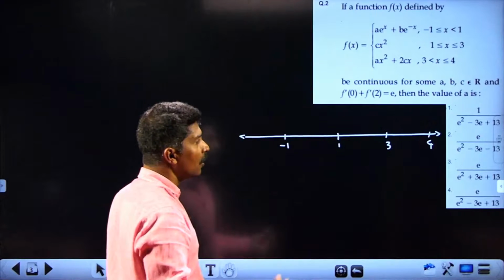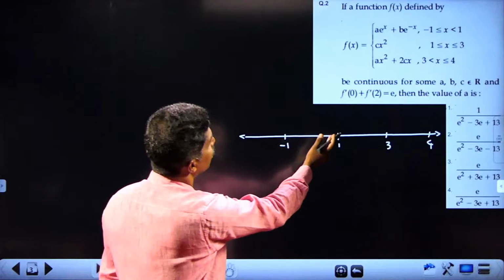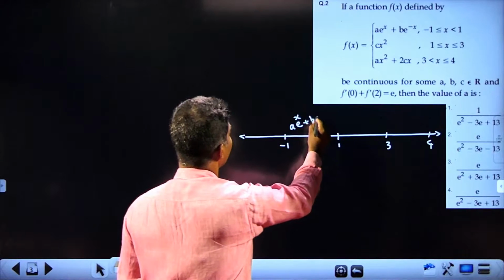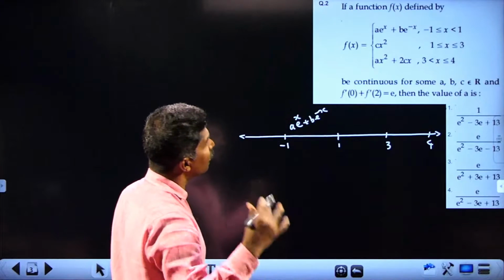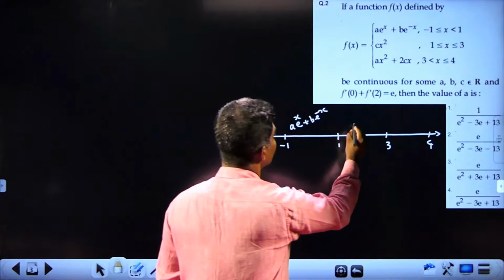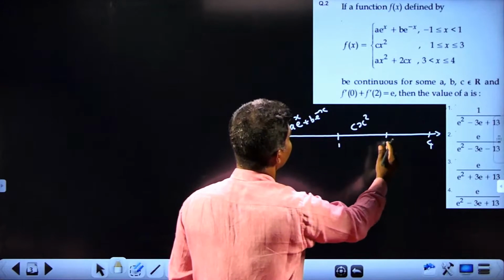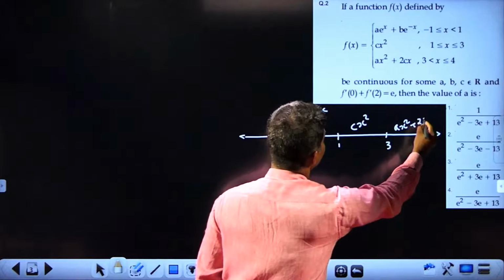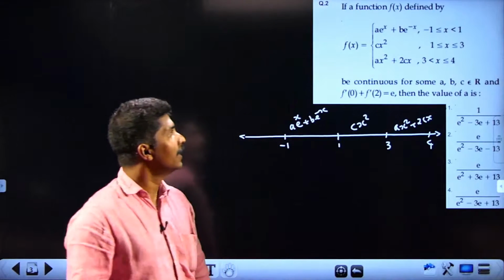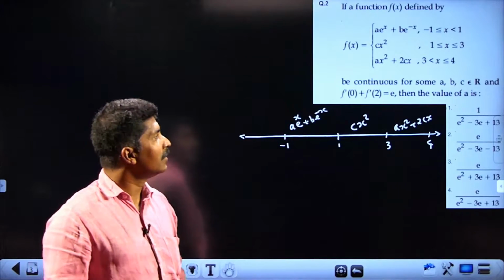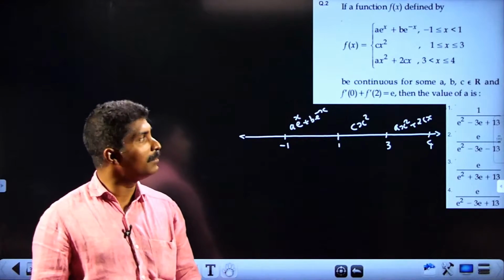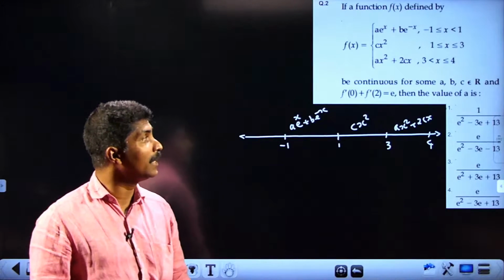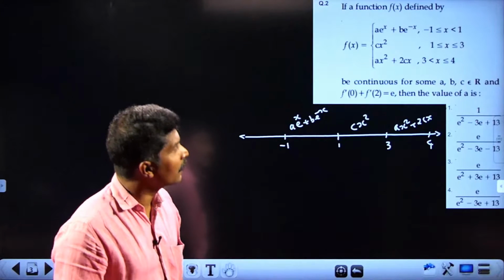On negative 1 to 1, the function is a into e raised to x plus b into e raised to negative x, on 1 to 3 the function is c x square, and on 3 to 4 the function is a x square plus 2c x. That's given. Then it is continuous for some a, b, c belonging to R, and f dash of 0 is equal to f dash of 2 is equal to e. Then the value of a is,